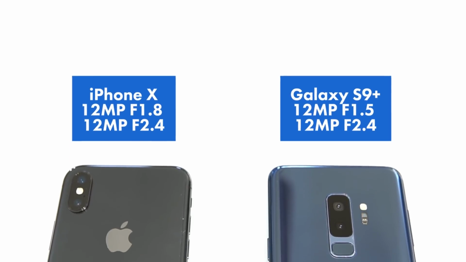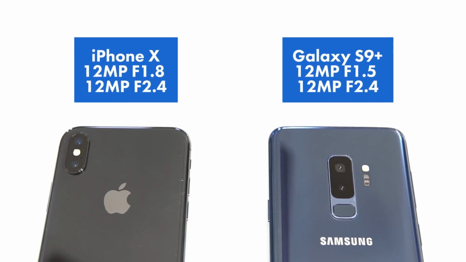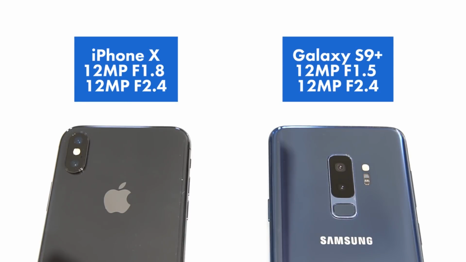Today we're going to be comparing the Galaxy S9 versus the iPhone X. Both cameras have dual 12 megapixel cameras on the back, a wide angle and a telephoto. The only difference in apertures is the iPhone X has an f1.8 aperture while the S9 has an f1.5 on